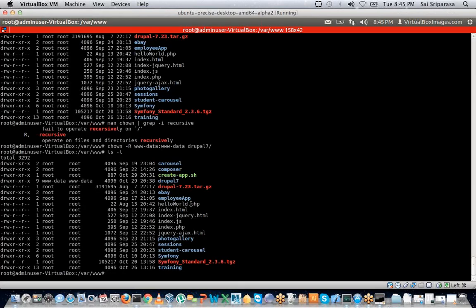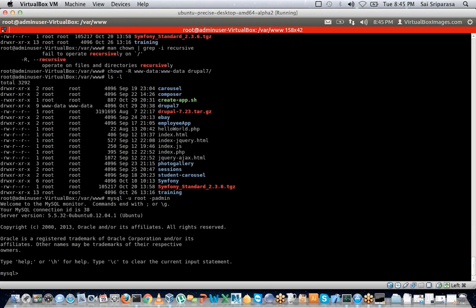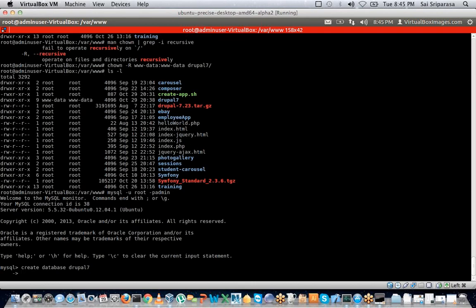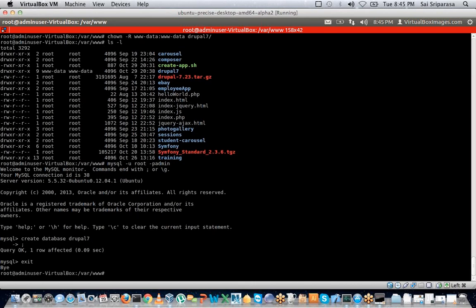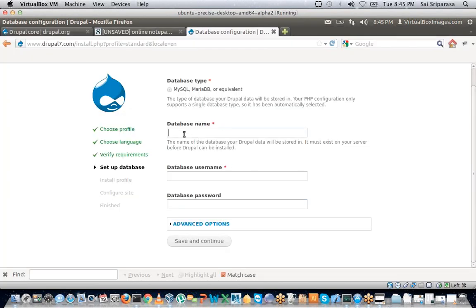So now what we'll have to do is we'll say user root -p admin. We'll create a database, call it Drupal 7. That's it. We'll just exit.